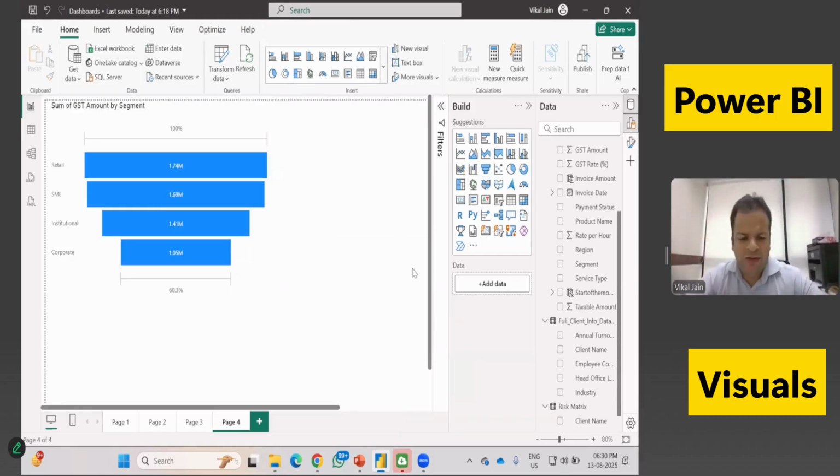So that's how it is, the last visual, which is map. So we have covered lots of things over here. Now to sum up what we have done,